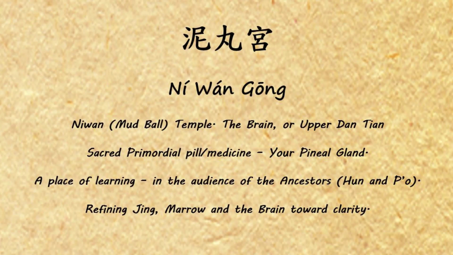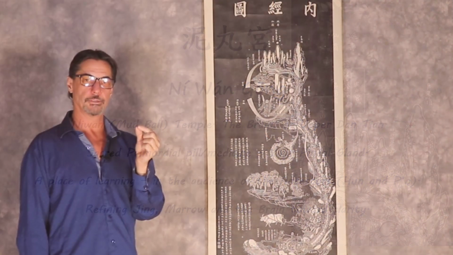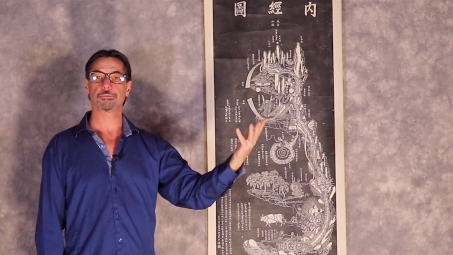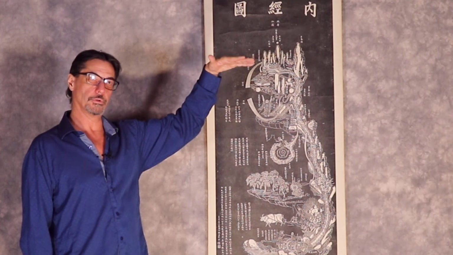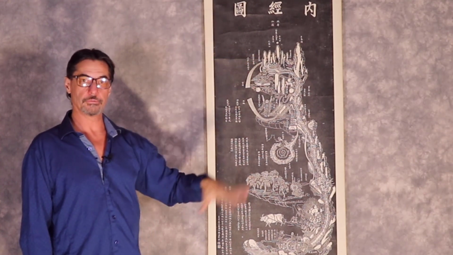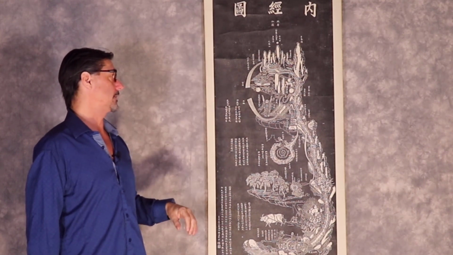So when we talk about the mud ball, in one sense we're just talking about the brain. In another sense, similar to the millet grain, we're talking about the pineal gland, or the part of the brain that produces a connection to the source. And again, if you've gone through a review of, or you're aware of Taoist cosmology and the manifolds or the layers of conscious existence,